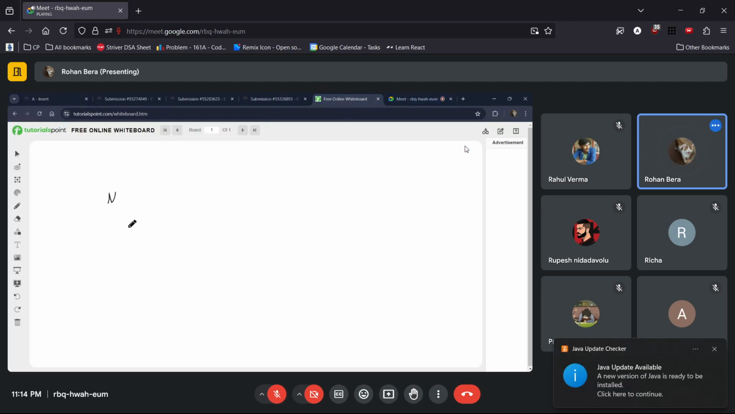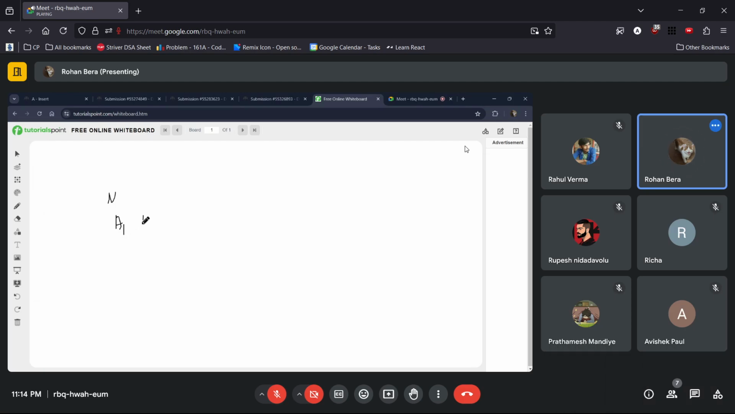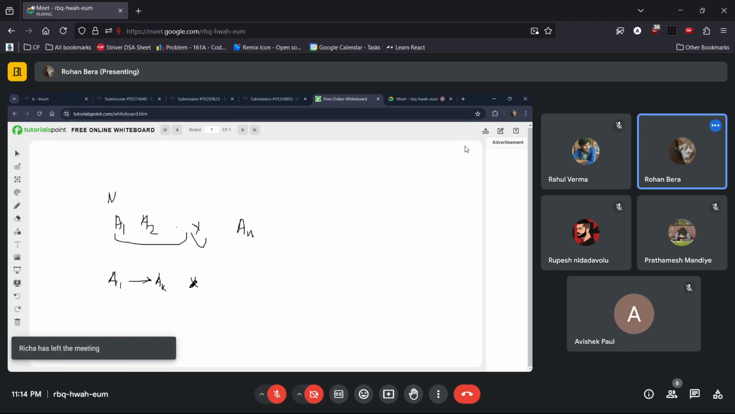So suppose I have a sequence like a1, a2, dot dot dot, an. So after the kth element, I have to basically insert this x. So one thing I can do is that I basically print all the elements from 0 to k minus 1, so it would be like a of 1 to a of k, and then I print this x, and then I will just print the rest of the part from here, from